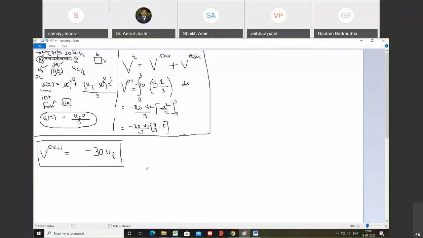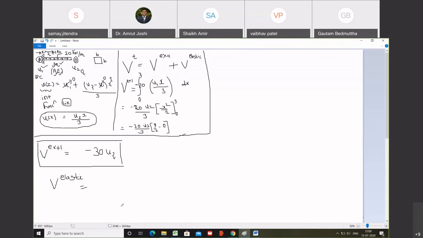Now, let us calculate V elastic. What is V elastic? V elastic is the potential energy stored in the body due to its linear elastic deformation. But we already know that it is strain energy. So just as we did in the spring, where it was half k x square, here we will have to write the equation for strain energy instead. Do you agree with me? So the energy stored in a spring is something similar to the strain energy stored in the body.